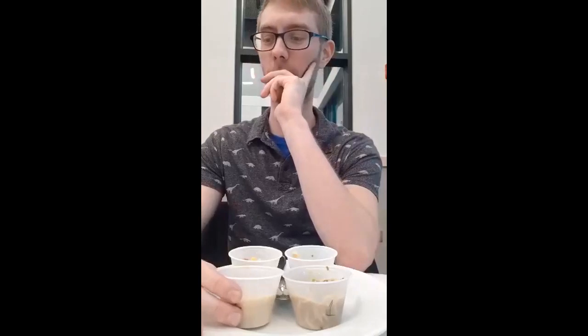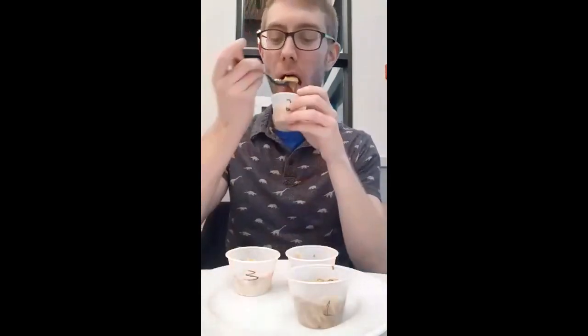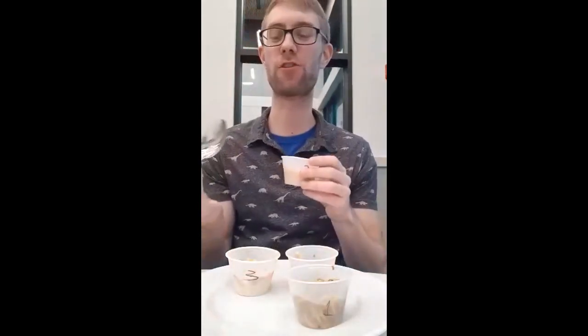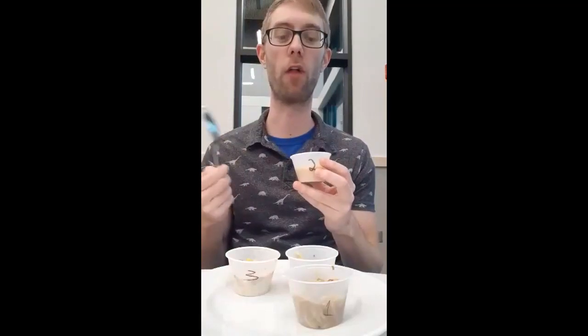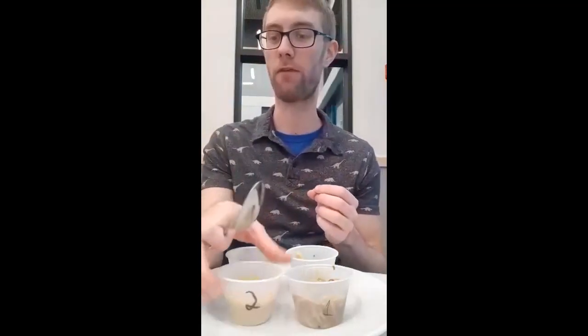But as a seasonal guy, I think I'm going to have to go with the delicata squash here. 'Tis the season. Maybe that plays into it as well. But the notes of this, very sweet, texture perfect. And this is one that I feel I could just eat bowl after bowl after bowl of and not stop doing it. So that'll be my vote for this TriTech Fall Soup competition